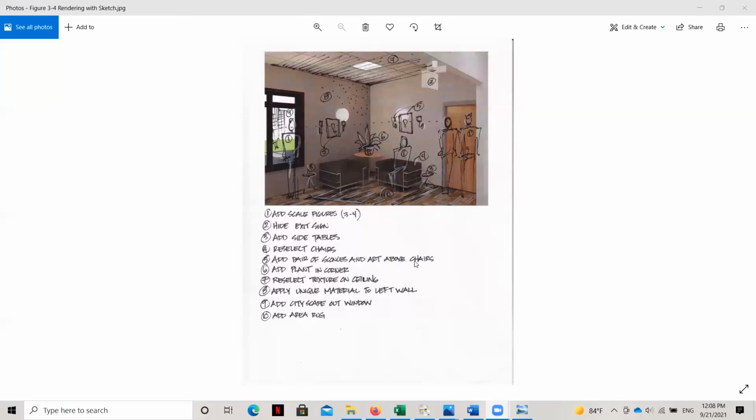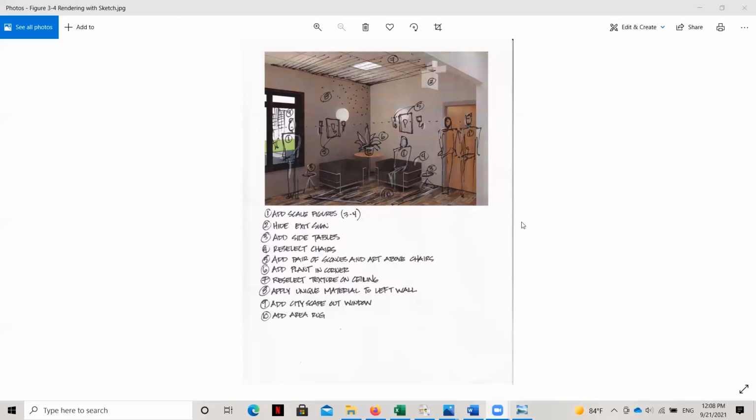And then finally, the reason why it's important to notate in this way is, let's say that the process of revising this rendering got interrupted. Maybe you as the designer had to go to a client meeting or be pulled onto another project, or maybe had to call in sick for a couple of days. And this project needed to be finished by another designer. Now that there's a record of what needs to be added, anyone can start to engage in this workload with you and help you complete this rendering. And so in that way, it's important to have something that is clear and conveys the information.